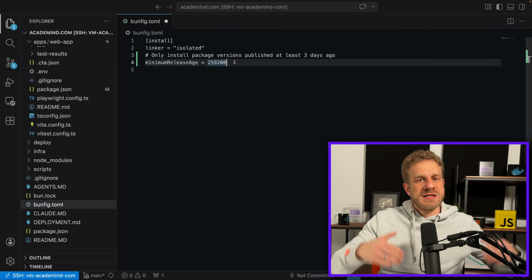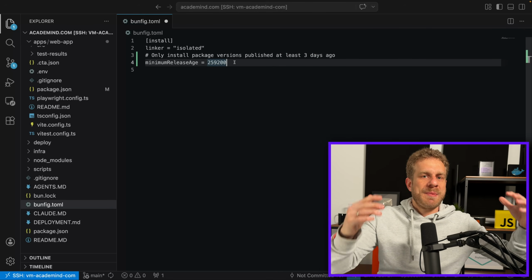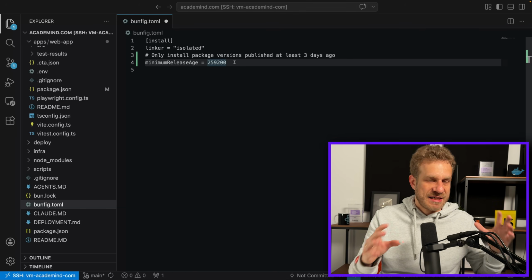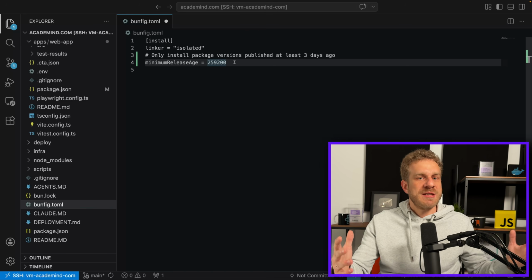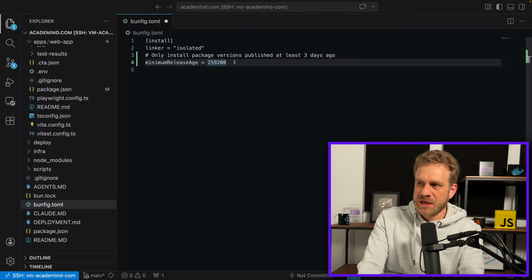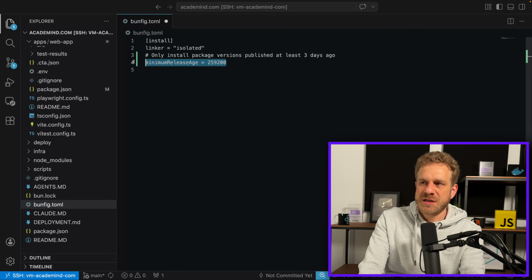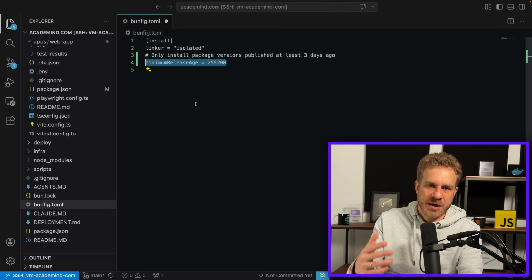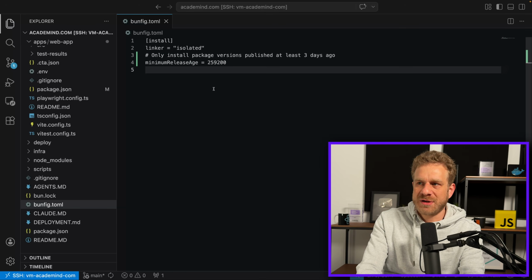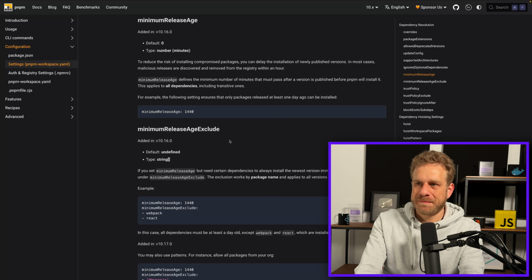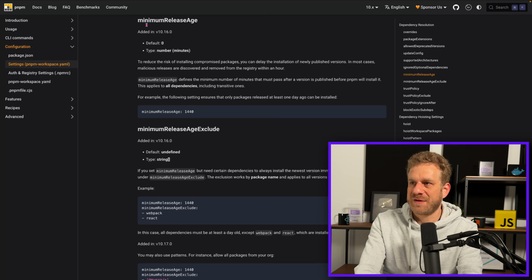So that, of course, is a huge security step up, because those supply chain attacks in the past have typically been detected and remedied within a few hours. So if you make sure that you never install package versions that are younger than, let's say, 3 days, you're already pretty secure. If you're using PNPM as a package manager instead of Bun or NPM, you have a similar